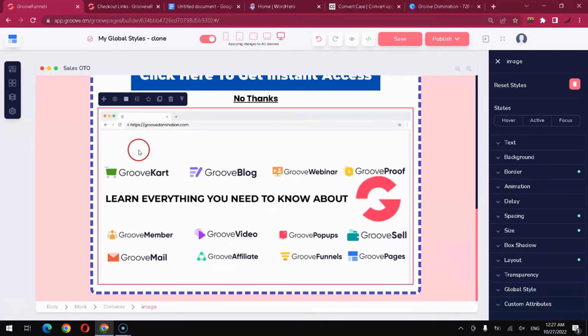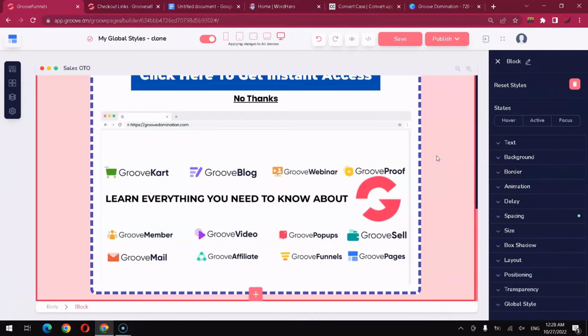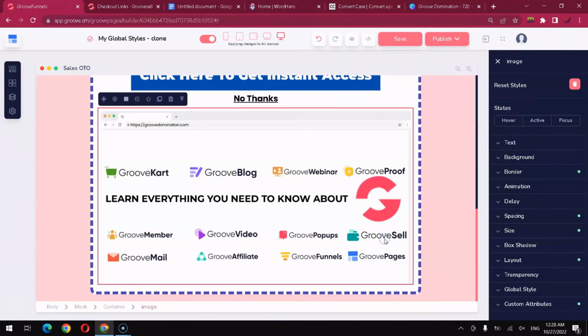I created a simple graphic which will say learn everything you need to know about groovefunnels, and I listed all the groovefunnels applications like so. Okay, I did that using Groove Designer Pro, and yeah guys,